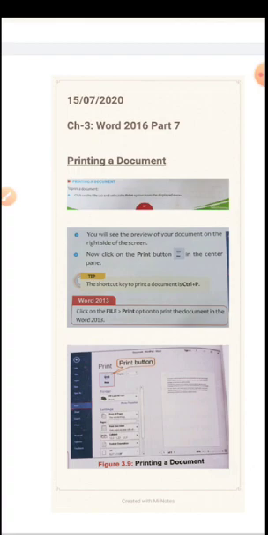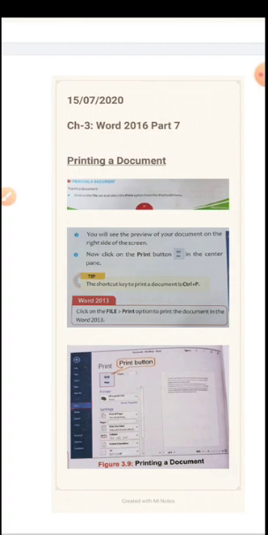Then you will have to select a printer name which is connected to the system, and then the settings. If you want to print all the pages, then you say Print All Pages. If you don't want to print all the pages, just a few pages, then you have to mention which pages you want to print. That can also be done below it. Then paper: one-sided means one side only, one side at a time, not back to back. You may not want to select that. All these options can also be chosen from this pane.